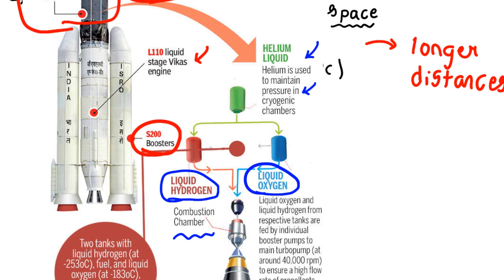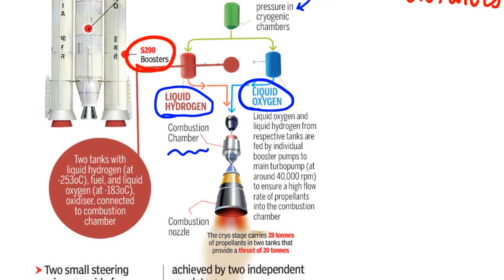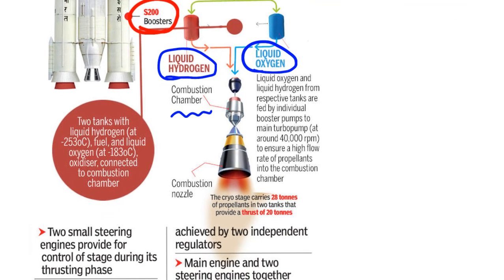The combustion chamber is where fuels are used to produce combustion. Clear? Liquid oxygen and liquid hydrogen from their respective tanks are fed by individual booster pumps to the main turbo pump at